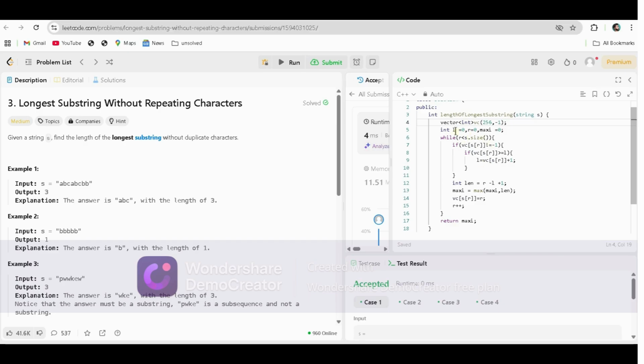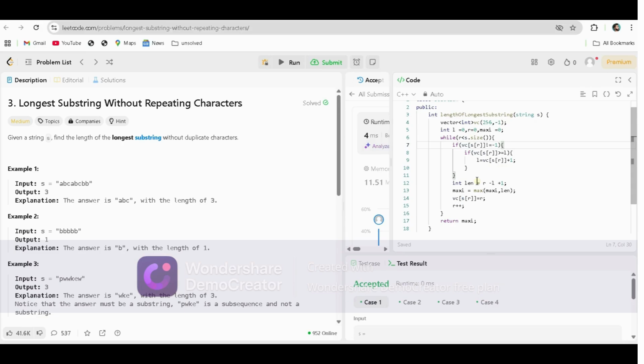After that, we have two pointers, L and R. When we move L, it's a sliding window; we are moving our search space where we can find the longest. If we get a repeating character, meaning we already have that character, we check that its index should be greater than or equal to L, so that we point L to the repeating character index plus 1, because